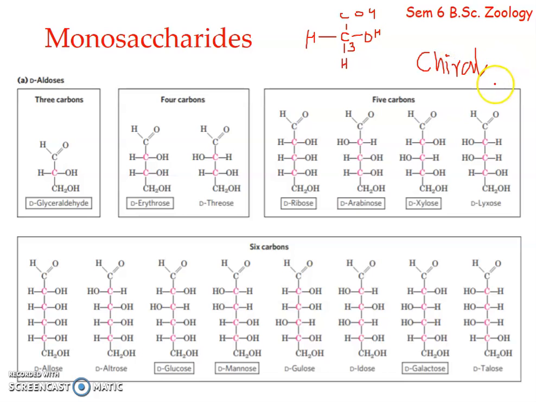So it is chiral carbon. Fine. So, they are known as asymmetric carbon. What is asymmetric carbon? Asymmetric carbon is one where the 4 valencies are filled with 4 different groups. Okay, so